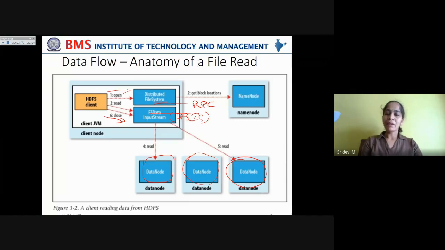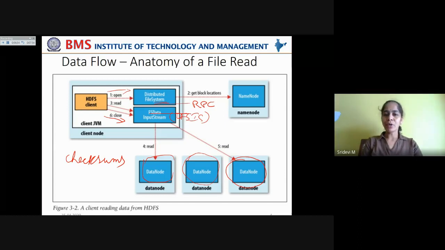And this DFS input stream also performs checksums. These checksums implement algorithms like message digest algorithms, which check the consistency and integrity of the data, whether the data stored on the data node in the form of a block is the same as the data read.